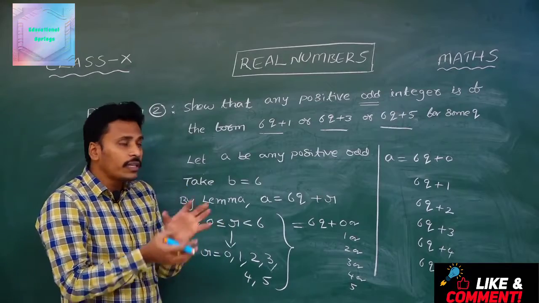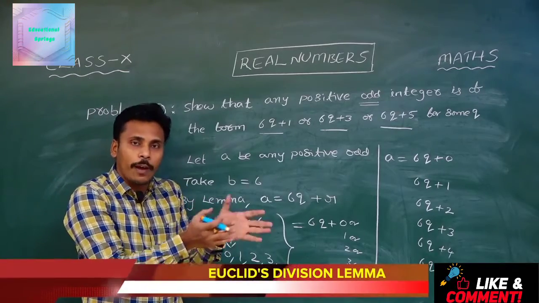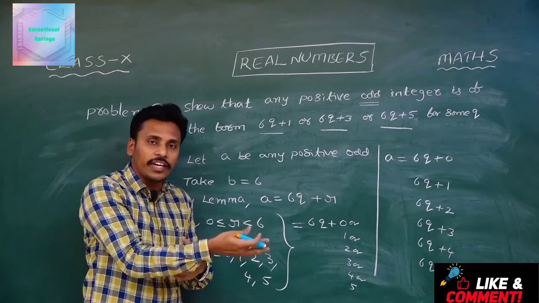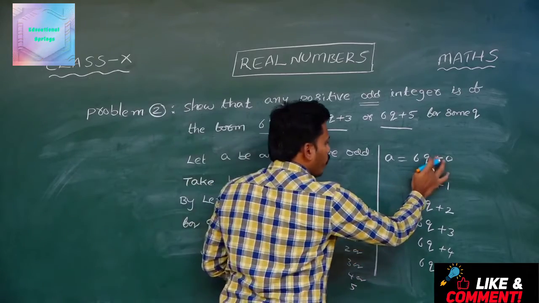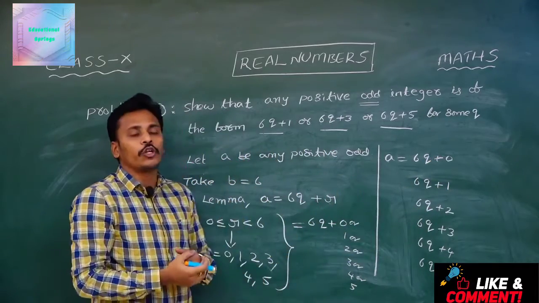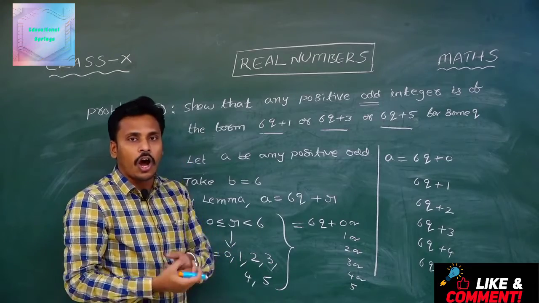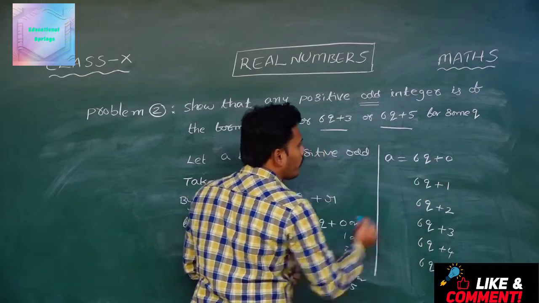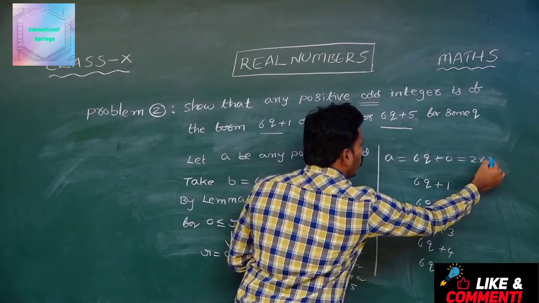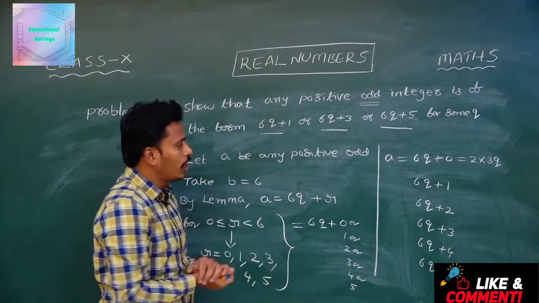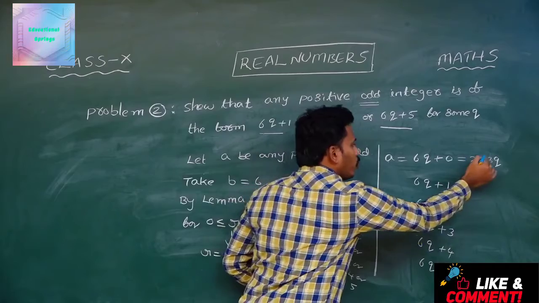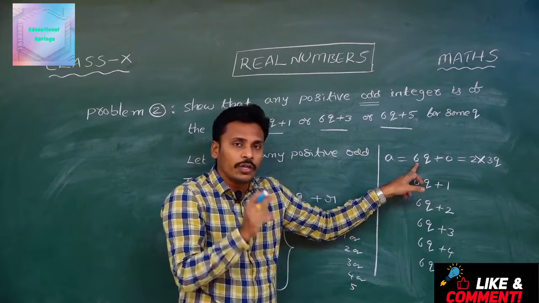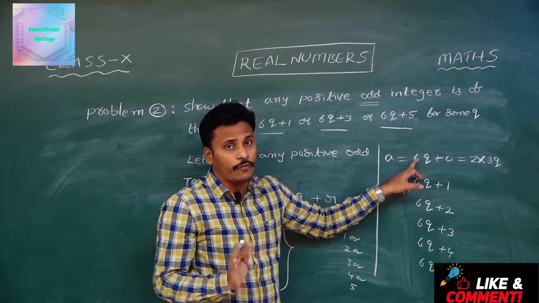For that, search for 2. If you have a chance to take out a common factor 2, then you can decide whether it is a multiple of 2 or not, and then it is easy to say whether it is even or odd. Coming to the first form, one by one for each form you need to check whether it is an even or odd representation. The first form is 6q. 6q plus 0 is nothing but 6q, and I will write it as 2 into 3q. 2 into 3q is just 6q. That means 2 is involved in this 6q, so 6q is even. So this is not our required form.